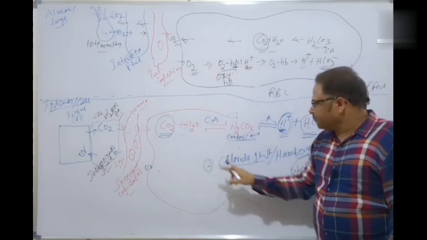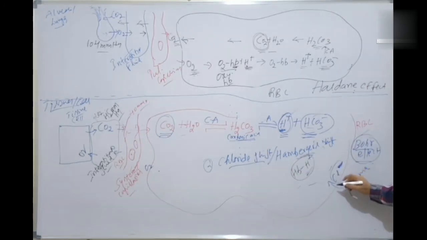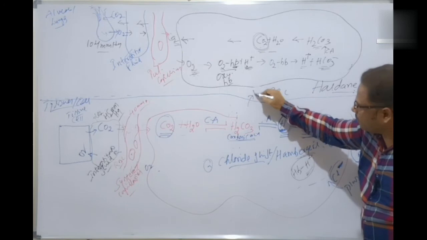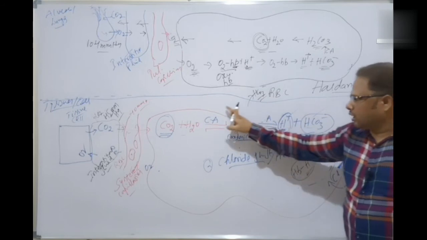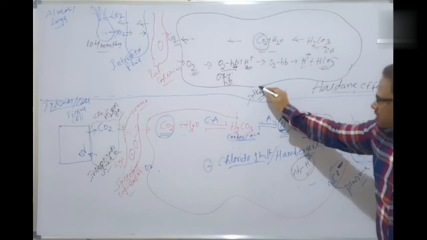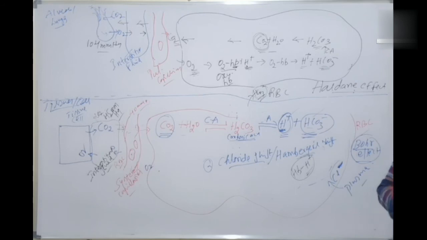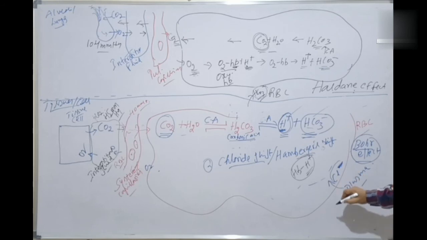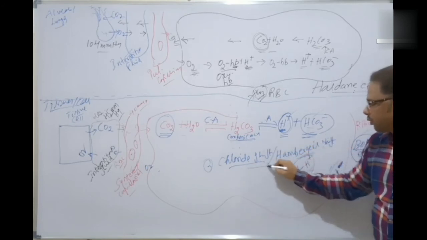Now I told you about the chloride shift. What is the chloride shift? In the cells, what happens here? Some of the bicarbonate ions are moving outside the RBCs, because the membrane is permeable only to the negative ions, but not to positive ions like H+. So it disturbs the electrolyte balance, the ionic equilibrium. To rebalance this, what is now happening? The chloride ions are moving from plasma into the RBC. This is called the chloride shift, I told you.